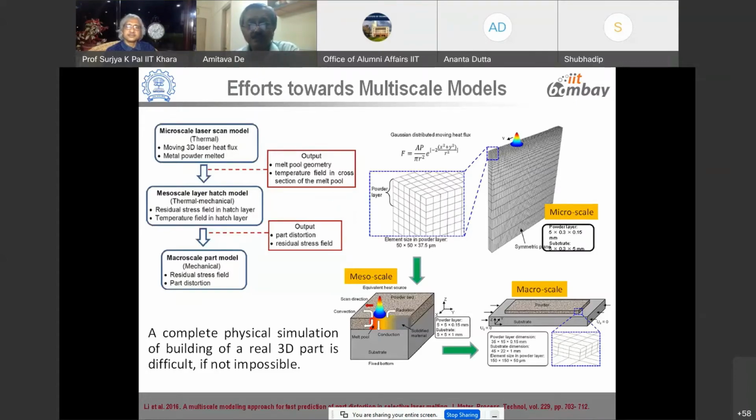It would then be moved to a higher level model, so the local information will be translated to a mesoscale model, at a slightly higher scale,